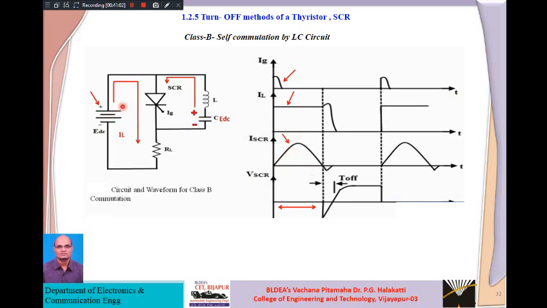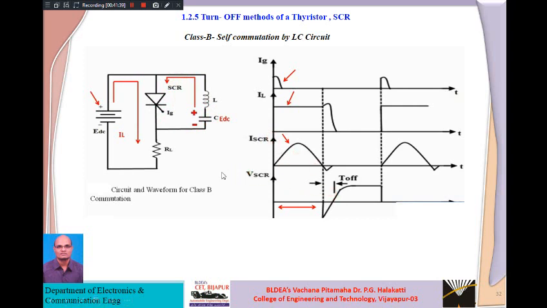The load current will remain the same because of the DC supply, but this ISCR current, because of the initially charged capacitance, is now discharging. After the SCR turns on, it keeps discharging. It initially got charged when the SCR was in the blocking state. After the gate signal was applied, the SCR was in the blocking state for a certain time period, and then the capacitor was charged. Once it suddenly comes to the conduction state, it starts discharging. Because of the discharging of the capacitance, you get this SCR current like this.